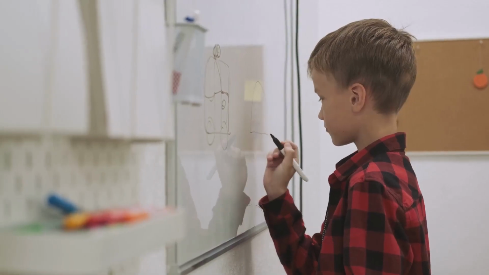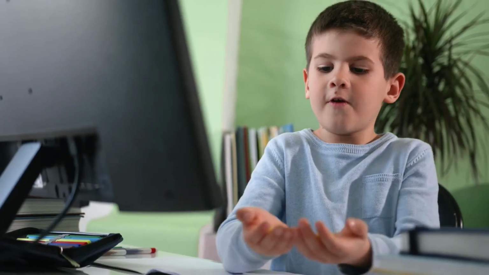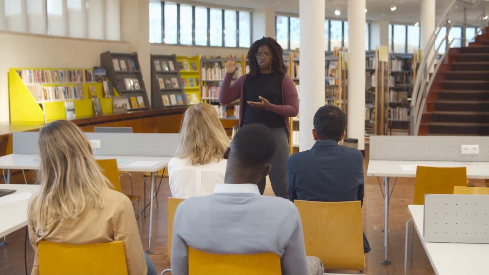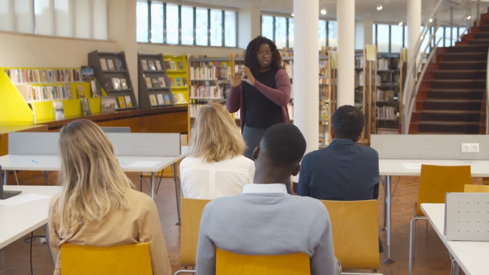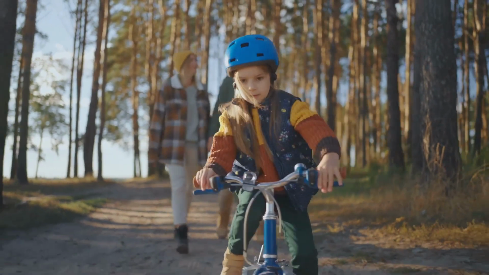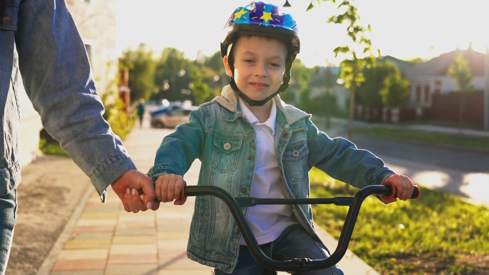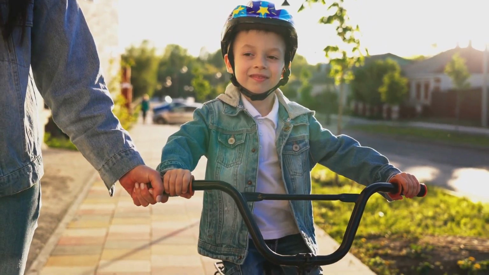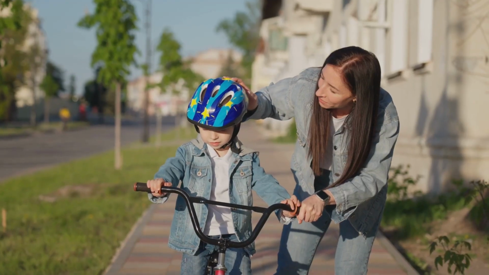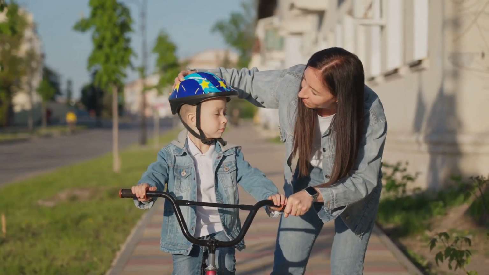Section 7. Real-life observational learning examples in action. Observational learning is pervasive in our daily lives. We see it in action in countless scenarios, from learning basic skills in childhood to acquiring complex knowledge in adulthood. Consider a young child learning to ride a bicycle. By observing older siblings or friends successfully navigate the streets on two wheels, the child gains valuable insights into balance, coordination, and steering. Through repeated observation and practice, the child eventually masters the skill, demonstrating the power of observational learning